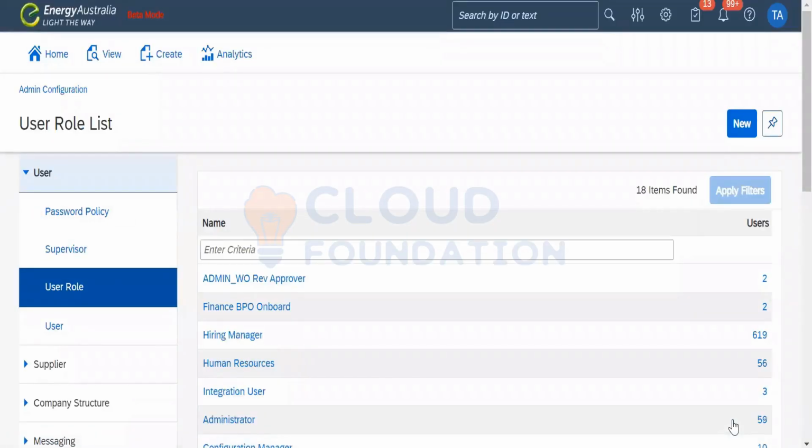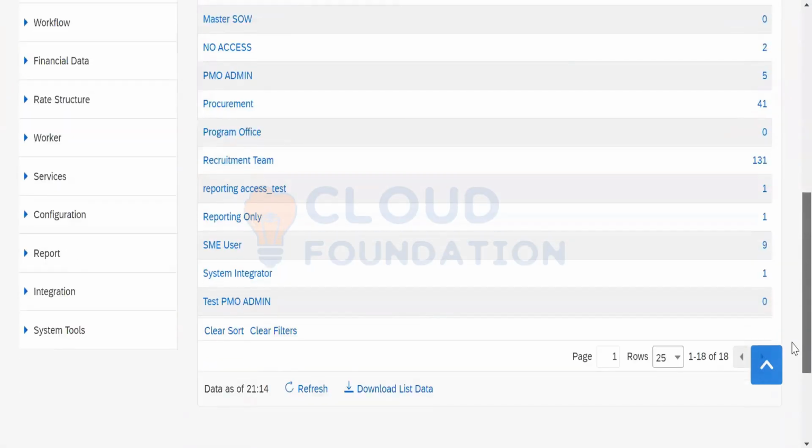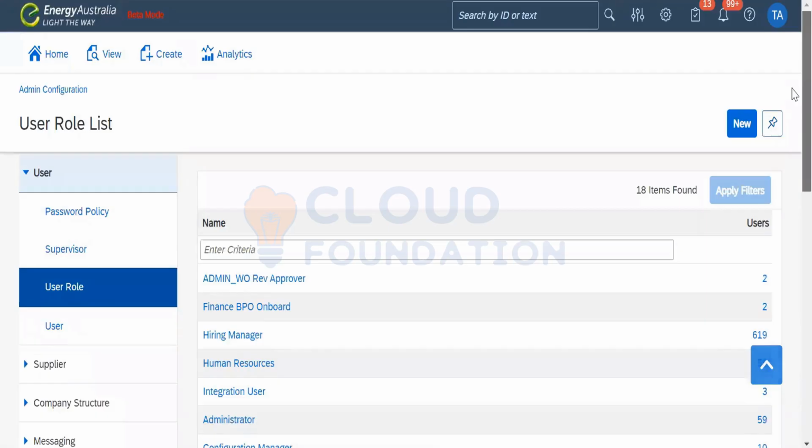No doubt, when we are setting the user role, there should be a match between the HR system and Fieldglass, in the sense the roles that have been set up within the HR system should match with the roles that we create here, so that when the data is flowing from the HR system to Fieldglass, it works accordingly, according to the rules that have been set here.